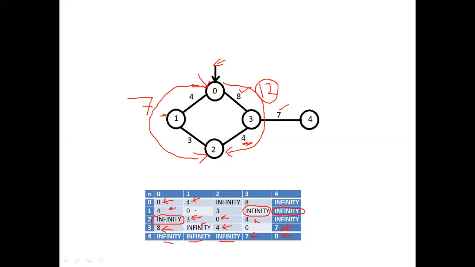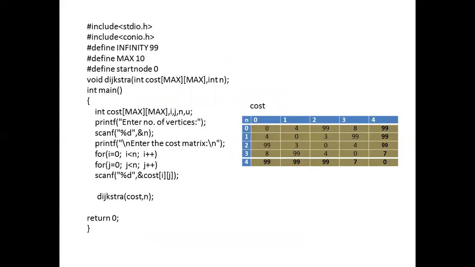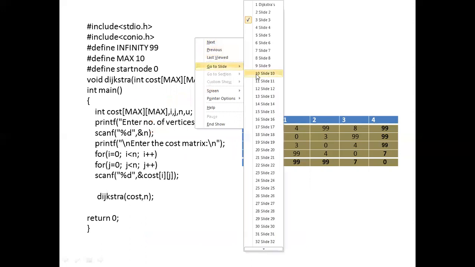Now to do that, we'll go ahead with using this Dijkstra algorithm. Wherever the infinity is there, it has to be replaced with some finite values. Now I'll proceed with the program. Here you can observe Dijkstra algorithm will be implemented using C programming. The C programming will start with the first statement, what we call #include